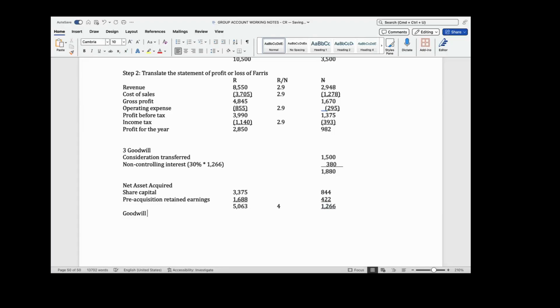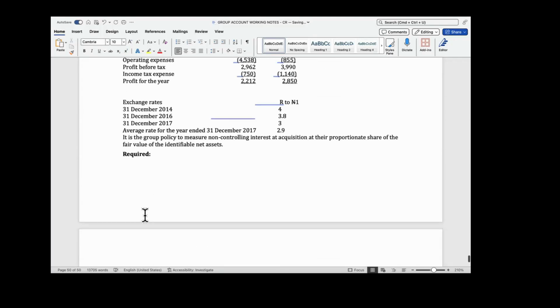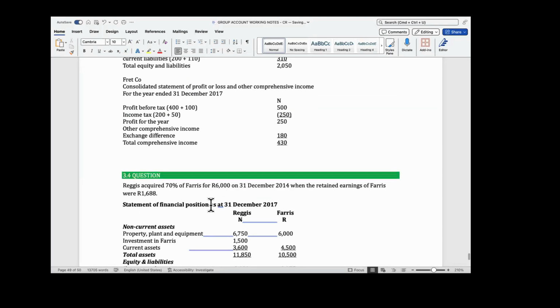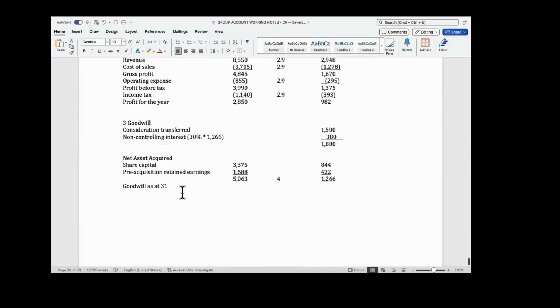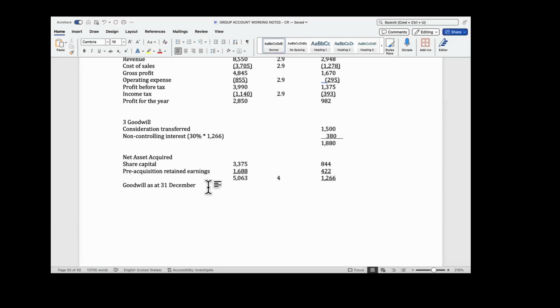Okay, good. So my goodwill as at 31st, when did I acquire? December 2014. Is that 614. But